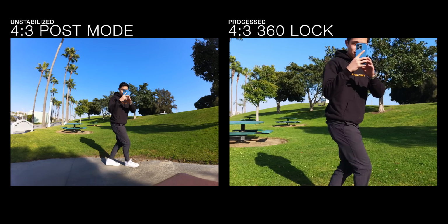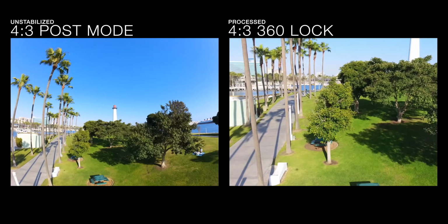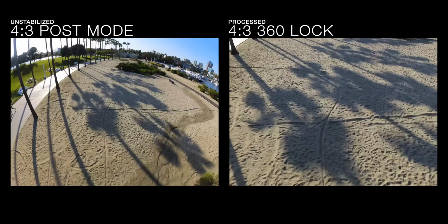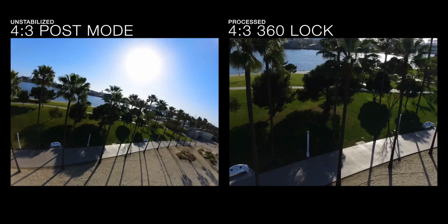I still have that 4:3 frame and I get the least amount of lag, but the internal stabilization is great for convenience. Now, here's a good example of why I like shooting in the 4:3 post mode. On the left here is unprocessed, unstabilized, but on the right here, I decided to try stabilizing it with